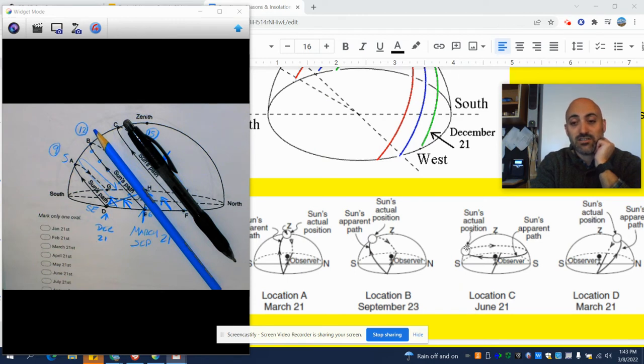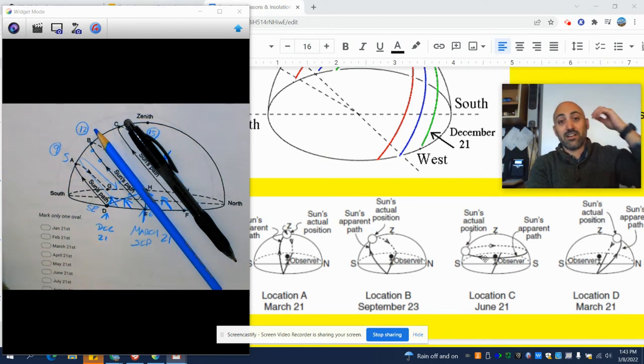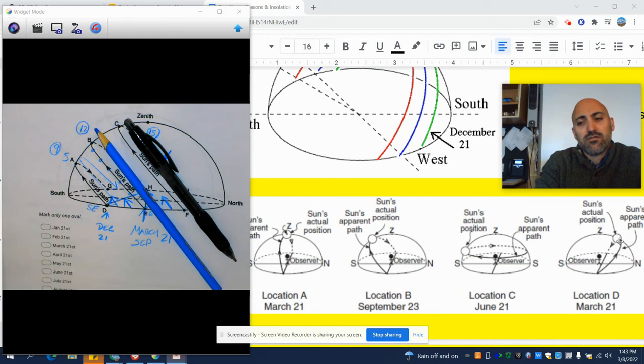Location C, do you see how the sun is just going around the sky constantly? It doesn't even set. That's so far north, that's probably in like northern Alaska, somewhere like that. The sun doesn't set. And then location D on March 21st, do you see how the sun isn't south when you put lunch in your mouth? This would be like in Australia. The sun is north in Australia. So that's the only time that that can happen in the southern hemisphere.